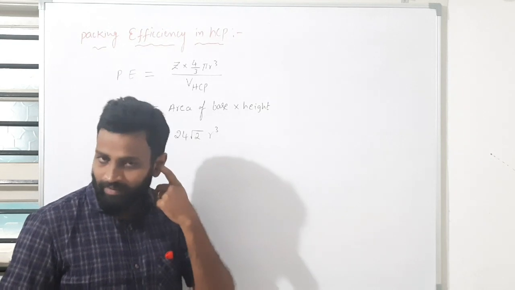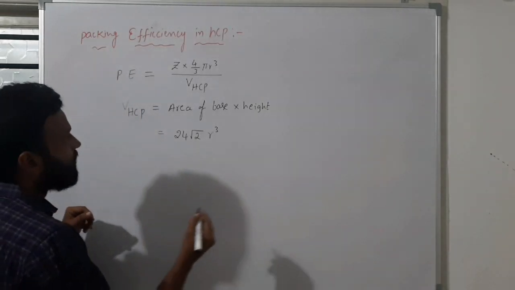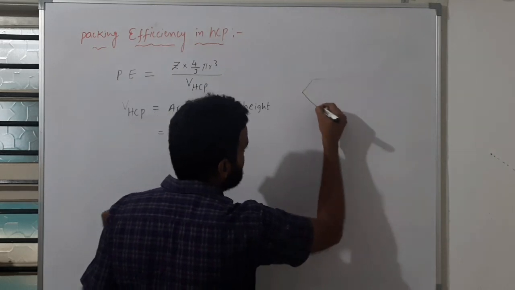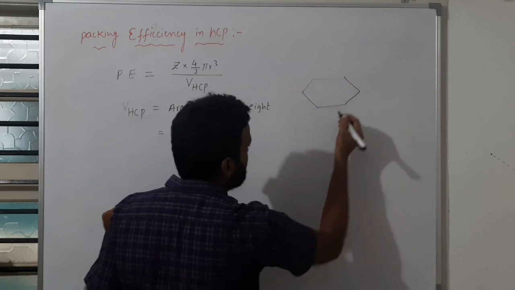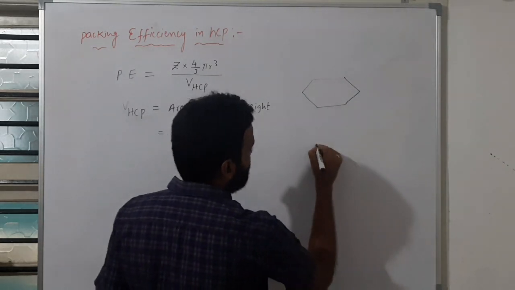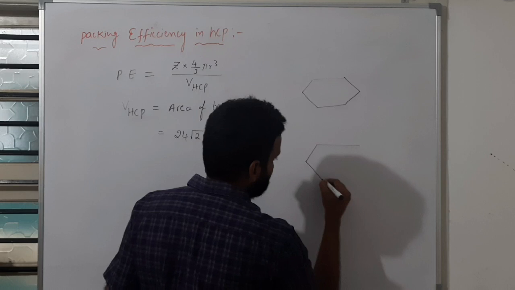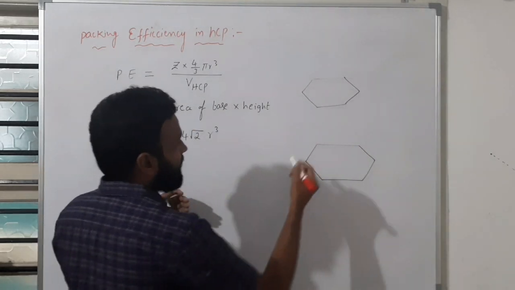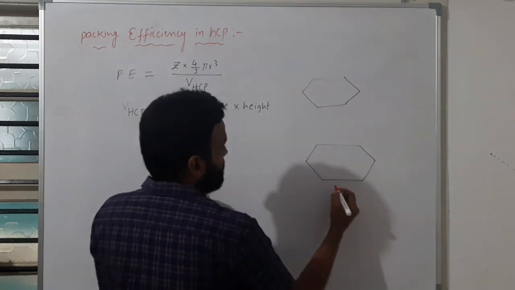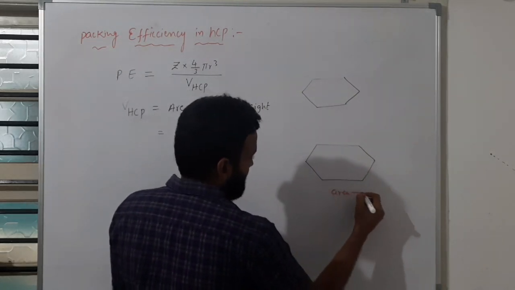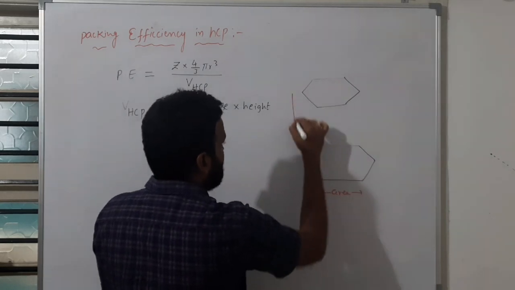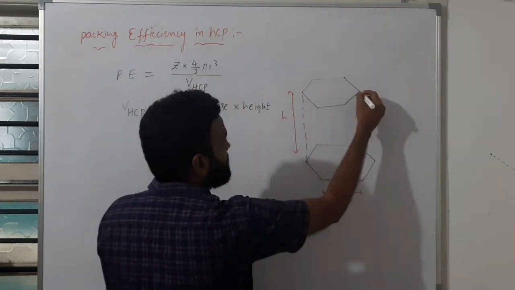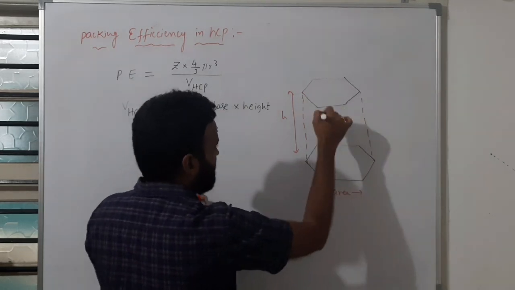So here also the same thing will come, but in hexagonal close packing you have to consider two things, that is one is base as well as height, both you have to consider. Okay, so here you have HCP. So in HCP, height as well as base you have. So this is the area you will have, and at the same time height you will have, this h. Okay, so both you have to consider, and here to here.